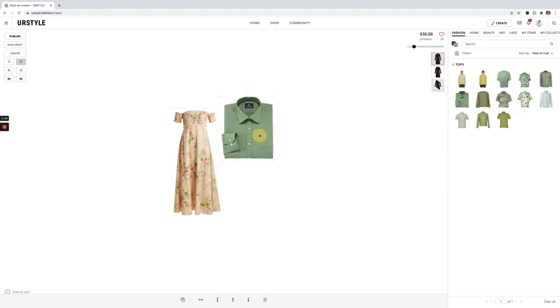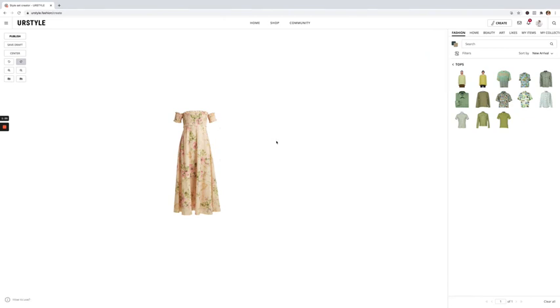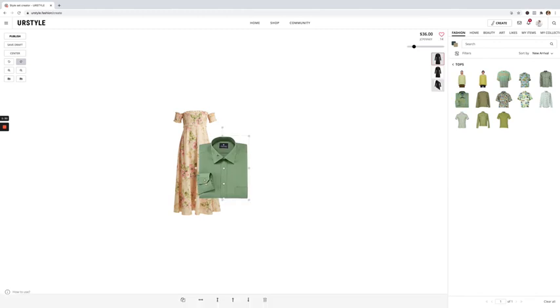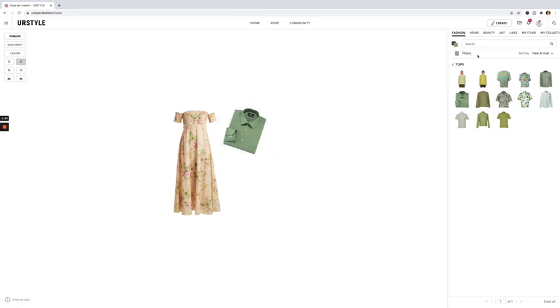So I kind of want one that's laying out. I don't like any of these. Whatever. We're just going to use this one for now. And then I can make it smaller and turn it,